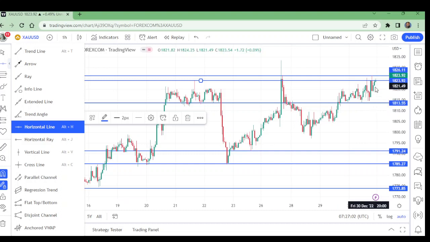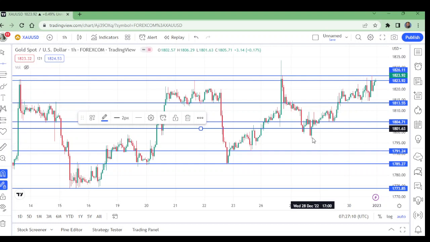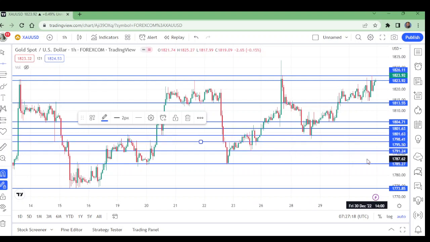So now this is entry, this is stop loss. First take profit, second take profit here, third take profit here, fourth take profit here, fifth here, and last one here. Not more than this. We cannot afford to keep the position running even if it reaches here, because I am expecting that support will be made here. And this is all according to the things that I have explained to you.